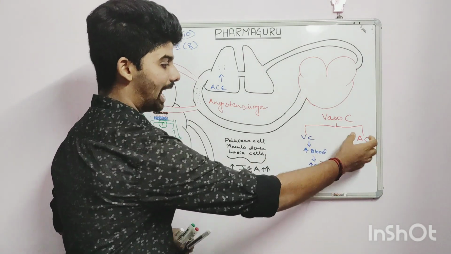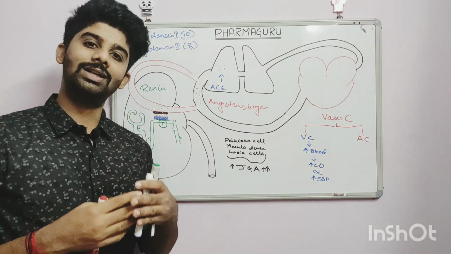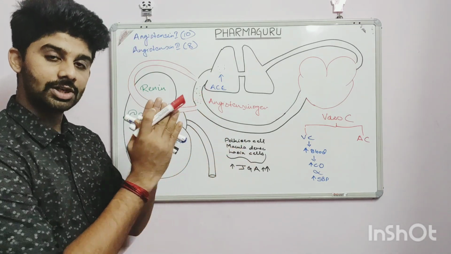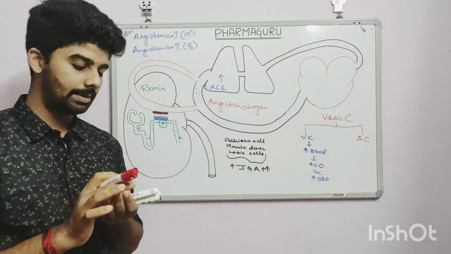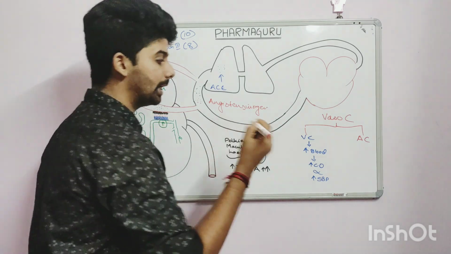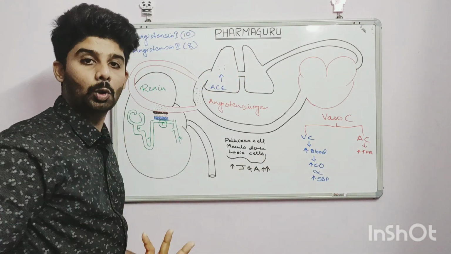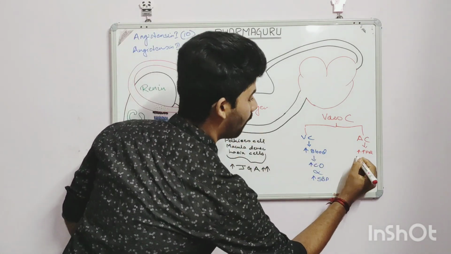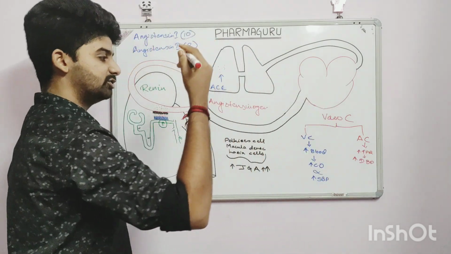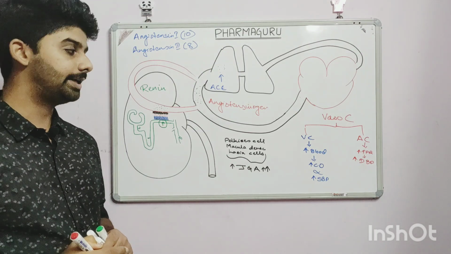Now the second one is arterioconstriction, right? What are the aorta and arteries? The ones that carry blood from the heart to different parts of the body. Just remember what we talked about in the previous video. Whenever there is arterioconstriction, the total peripheral resistance will obviously increase. And when there is increased total peripheral resistance, obviously the diastolic blood pressure will increase. So that is how the renin-angiotensin mechanism acts.